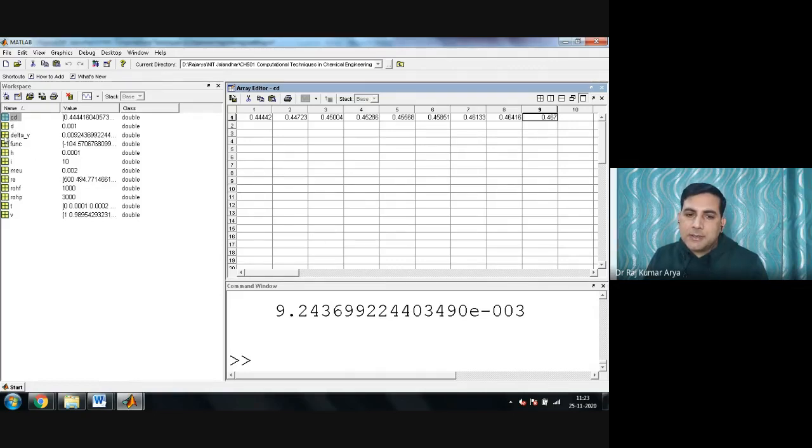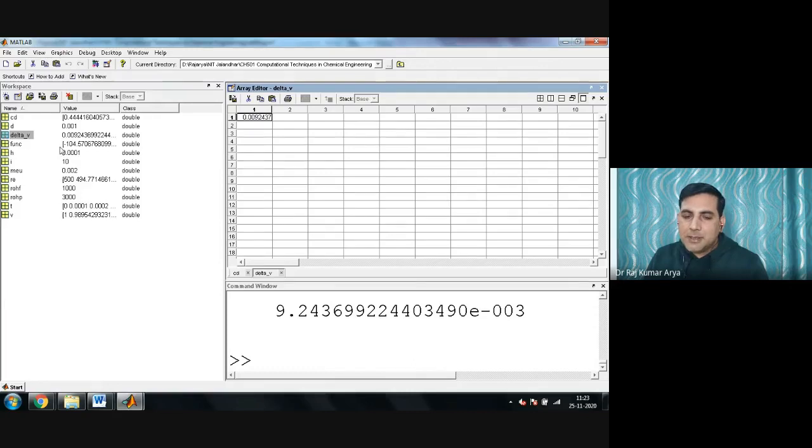Diameter has no change. These are the different values of delta. I am not putting delta in terms of i, therefore it has given only the last value. If I put i, it will give all of them. Now the function values are these: the first value 104, the second 102, then 90. It's decreasing and decreasing. H is fixed, I am not changing anything here. I have given H this much value, the step size. Pi is 10, mu is given, average.